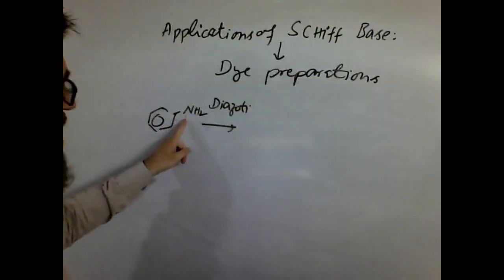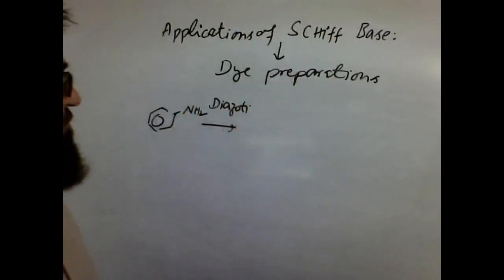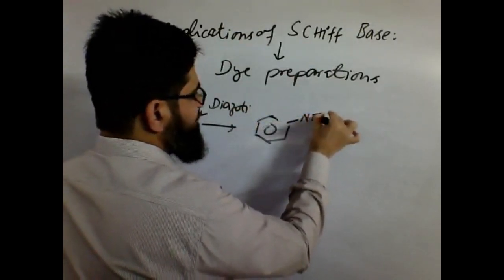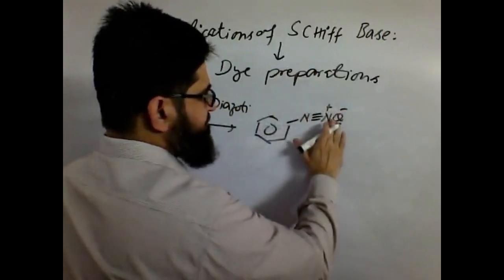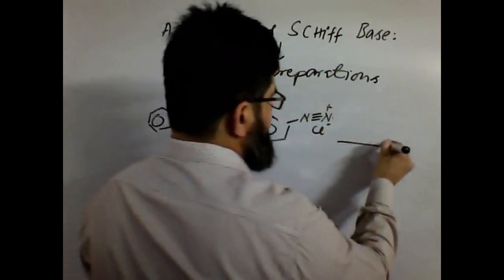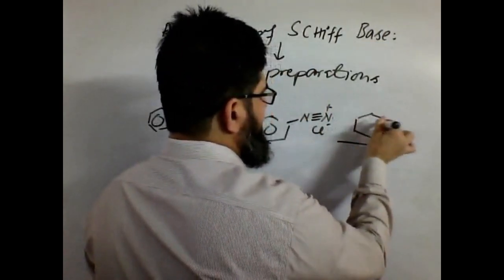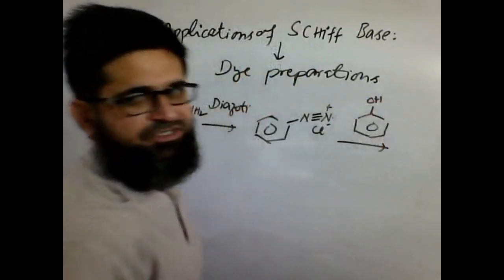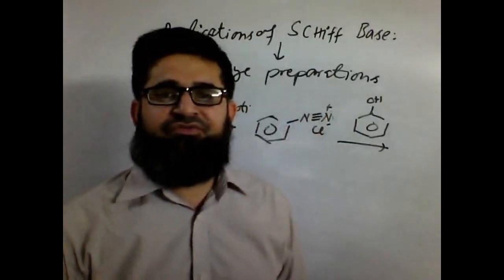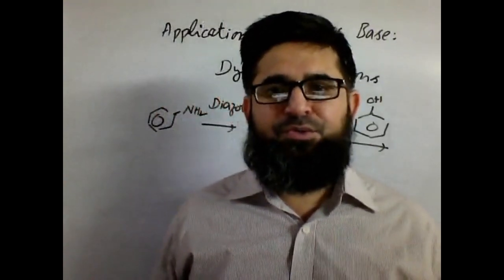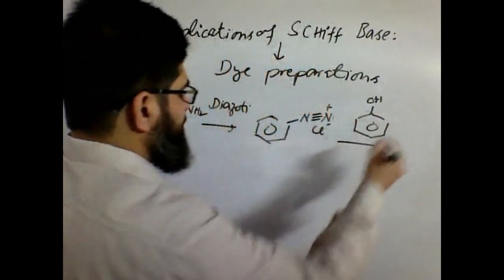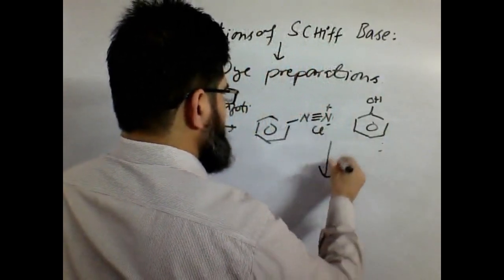So we start off with certain amines, we go for diazotization, then we produce diazonium salts. Then we bring in certain couplers. Coupler means some sort of aromatic rings. We can bring those in, and as it has got the positive charge, it is an electrophile. We have an idea that benzenes do react with electrophiles and undergo electrophilic substitution reactions. So what could happen? I can write over here,